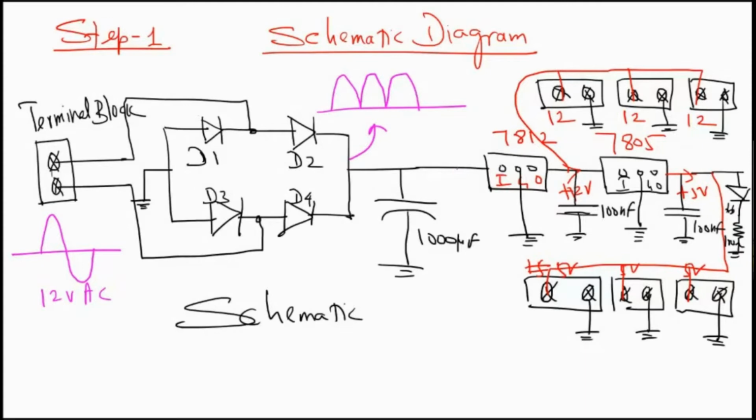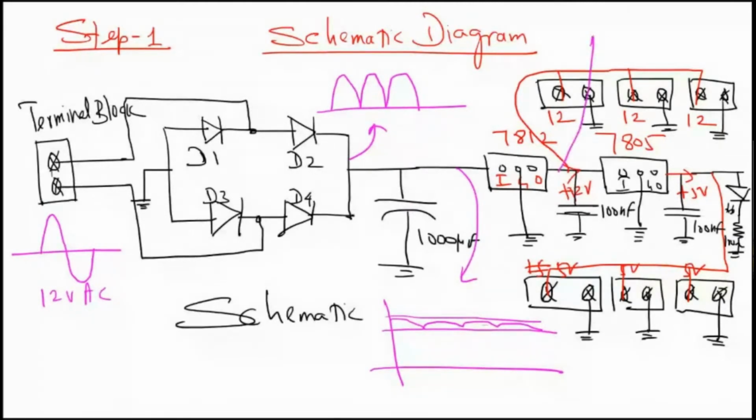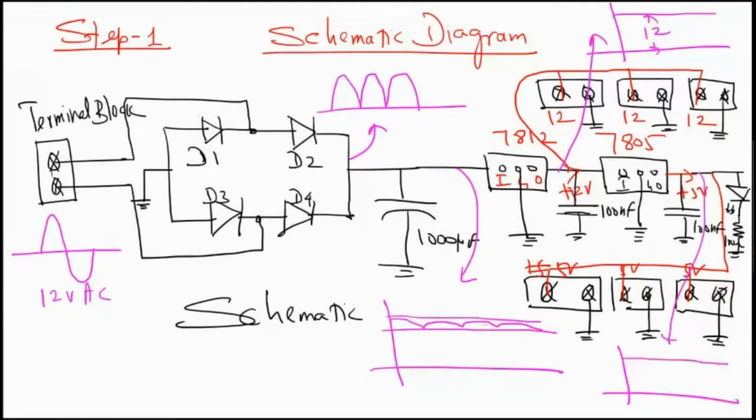After the output of your filter, this full wave rectified output is converted into a near DC output with a minimal amount of ripples. This is the job of this filter capacitor, to eliminate these AC ripples and give you a near DC output. The output that is available here is almost a perfect straight line with the 12-volt DC. The output available at the output of this 5-volt is a near perfect line with 5-volt. So this is the output of this circuit at various stages, which you must be already aware of.